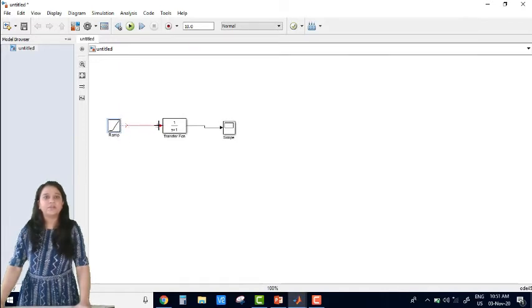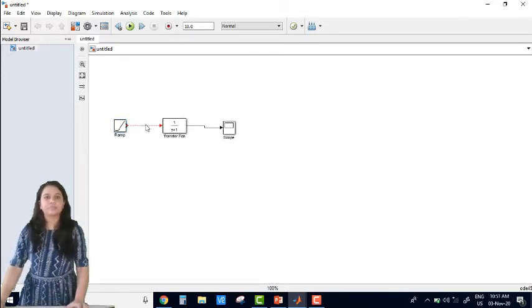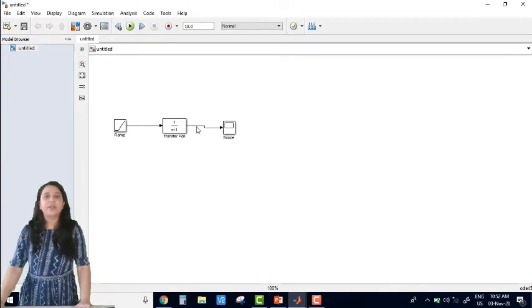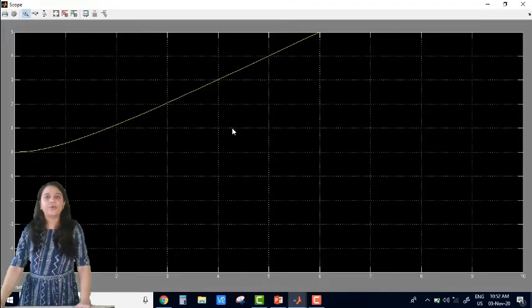Connect the ramp signal with this first order transfer function. Okay, and run this system, and then we can check this code.